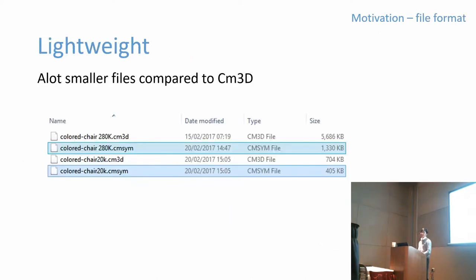It's more lightweight. So over here you can see there's two extreme examples. Well, one extreme example, that if you have a chair with 280,000 polygons, it brings it down to about a third of the size. And if you have a more realistic one with 20,000, it brings it down to around half. But in practice, we've seen it to be on a half to one-third kind of scale